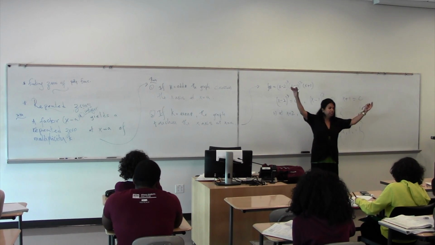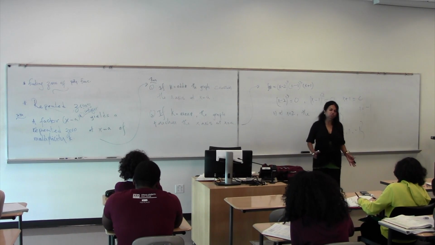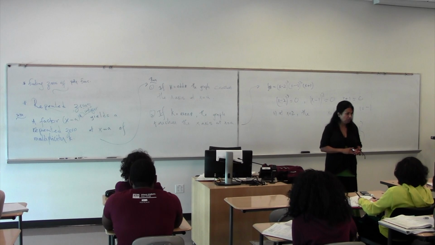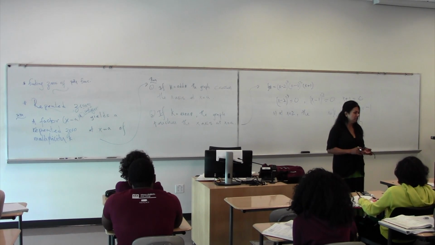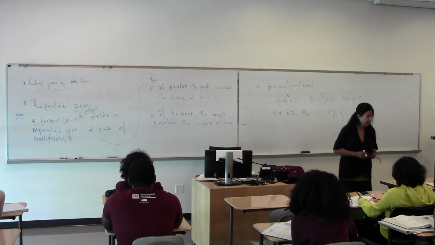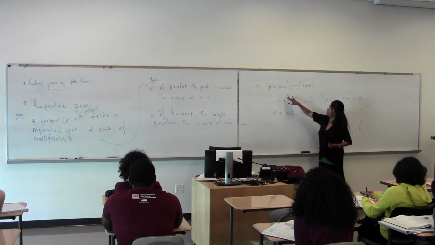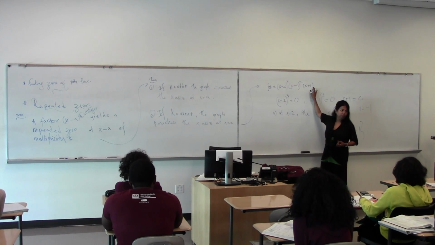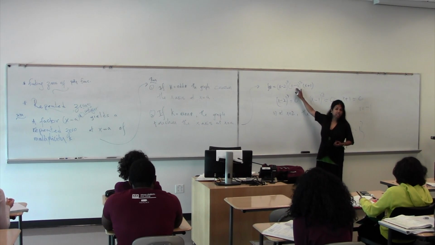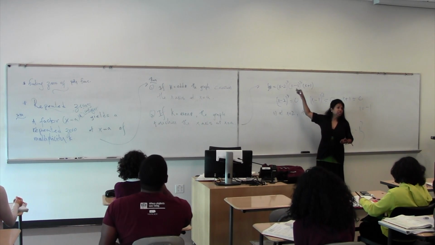Remember, this is all about graphing polynomial functions. In order to graph polynomial functions, we need to find zeros. We discussed how to find zeros last class meeting a little bit. We have more theorems to do, right? After that, the whole thing is to write f of x in terms of factored form. Now when we have it in factored form with powers, there's something that we need to know about